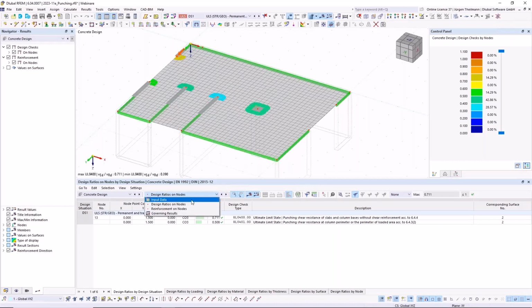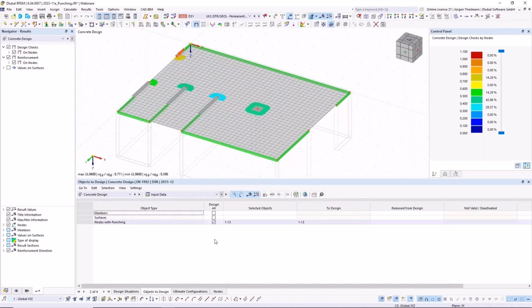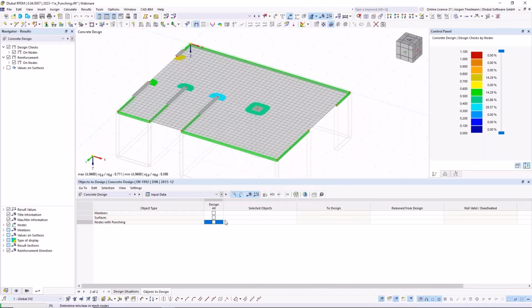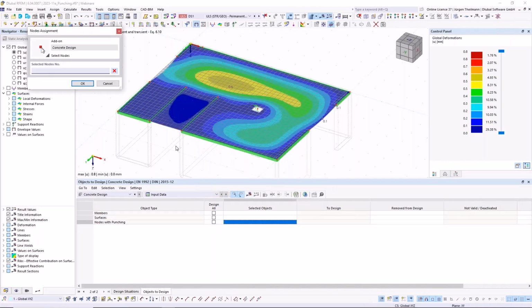So now I go back to my input data. I check the design situation is active. I check the objects to design. Usually you can just uncheck design all and select the nodes for design by hand. So maybe the nodes of interest are just not selected.